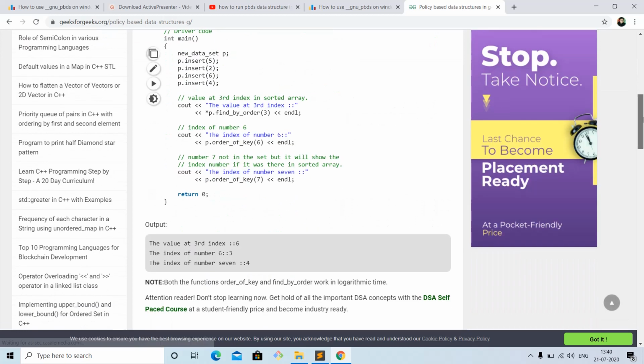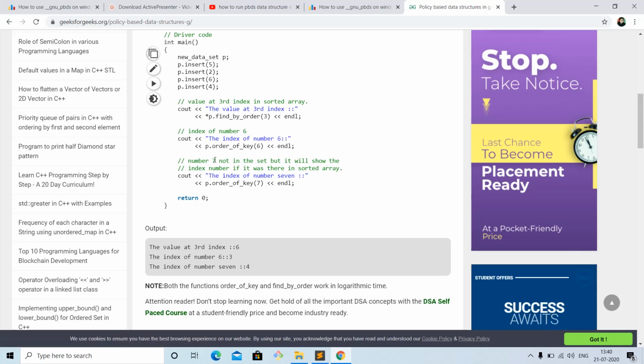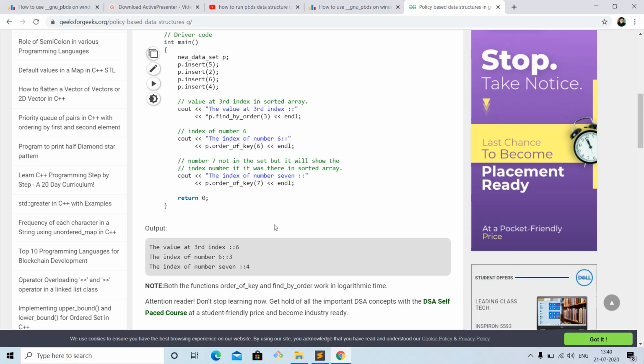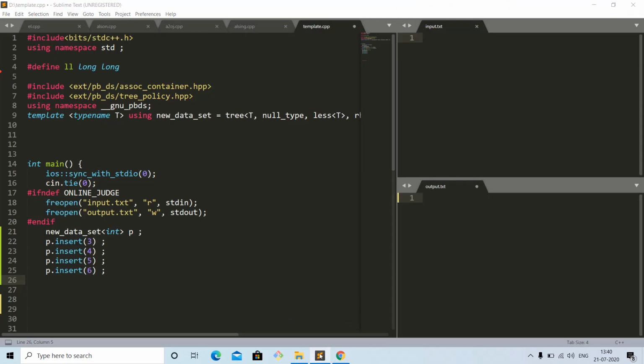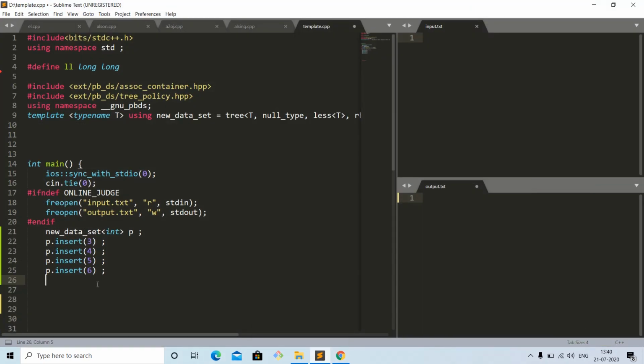There are two very important functions or methods for this data structure, that is find_by_order and order_of_key. What find_by_order does is it tells us the element located at a given index. If it is not located, it will tell us that if it is there, then what the index would be. For example, in this case, if we try to output find_by_order of, say, 4,